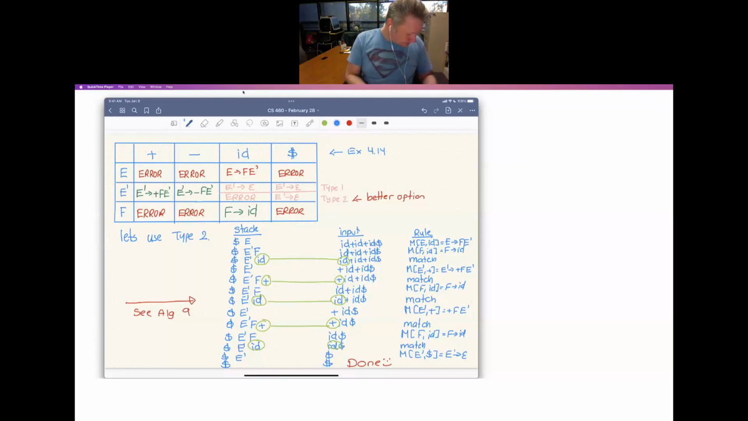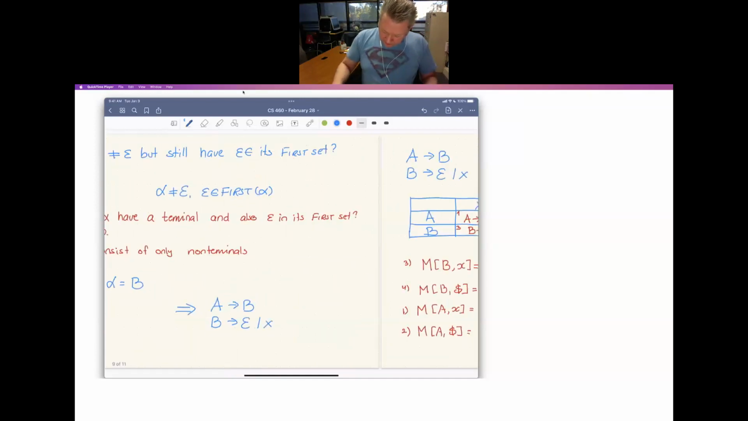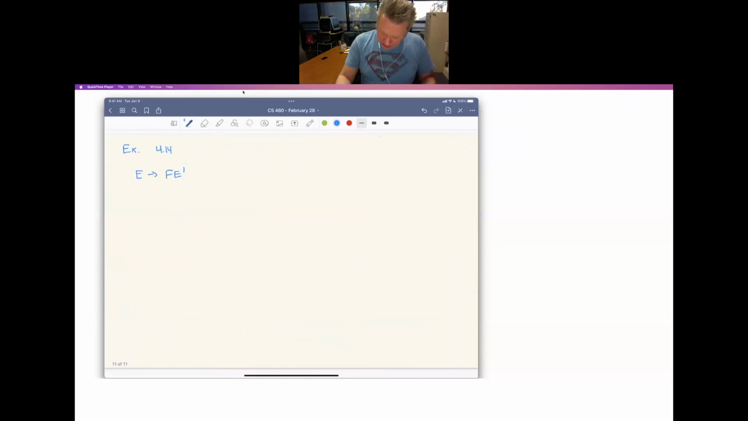Can I erase this stuff here. Is this all right, everybody? It's not too hard, right? So I wanted to be a little bit more pedantic about filling in the table because